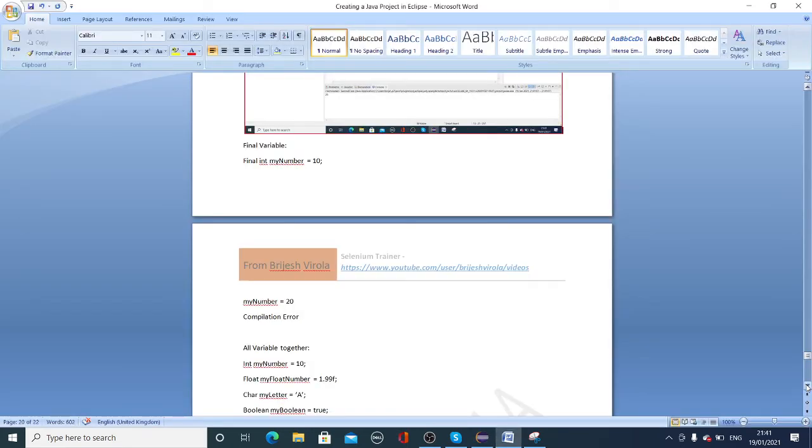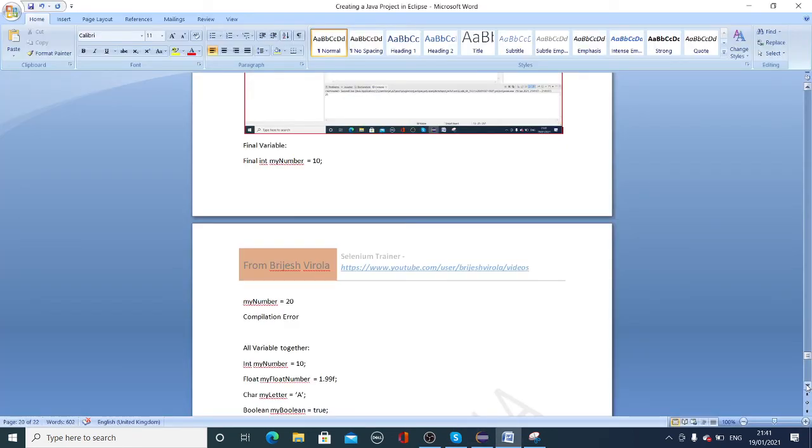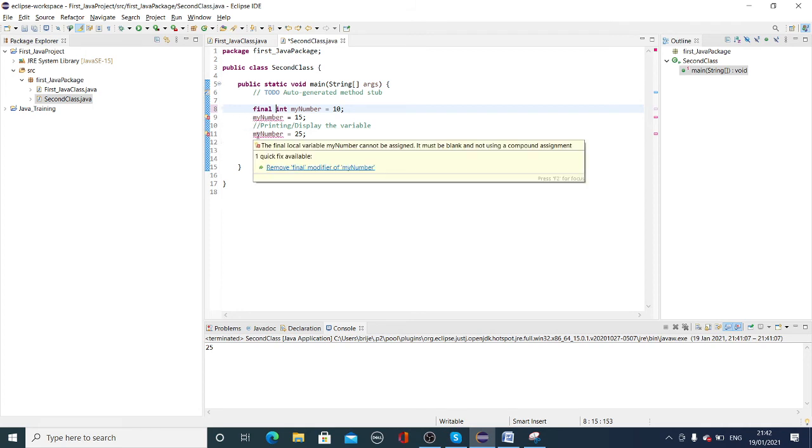Final means you have defined it and this value will not change. So let me put final in here. As soon as I put the word final in front of int myNumber, these two lines, number 9 and 11, are showing errors. Why?